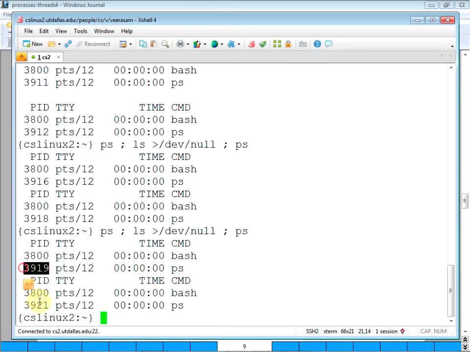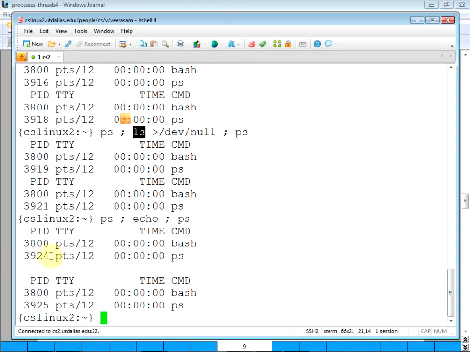See, 3921, which means this is the 3920. So this one did occupy a process. It did use a task ID, whereas echo is a shell built-in. That's why it does not use a process. So the shell itself processes that directly.